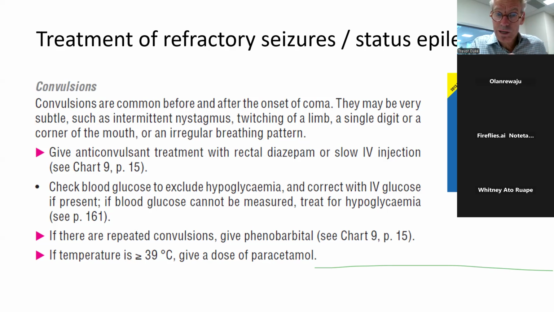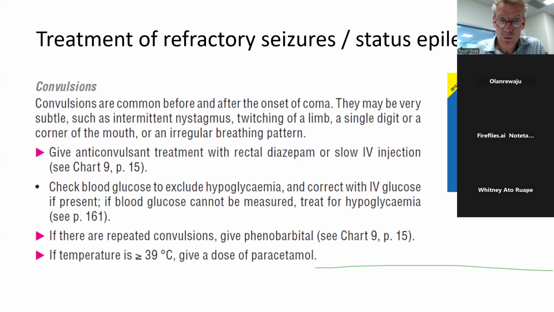followed by another dose of diazepam if the child is still seizing, and followed by a longer acting anticonvulsant that will prevent further seizures if you can get control of the seizures, or even if you can't. If there are repeated convulsions, then load with phenobarbital. And usually the time differences between those is about 10 minutes. Some of the newer guidelines suggest 5 minutes, so you give a dose of midazolam or diazepam and wait 5 minutes. If the seizure hasn't stopped, give another dose. And some guidelines say 10 minutes. What matters is that it's a fairly short period of time between those first two doses of short-acting benzodiazepines, whether